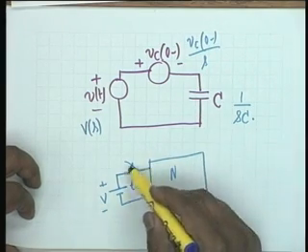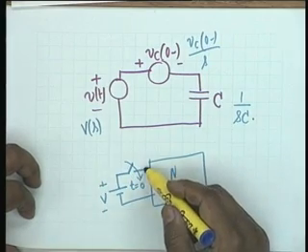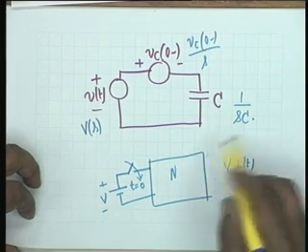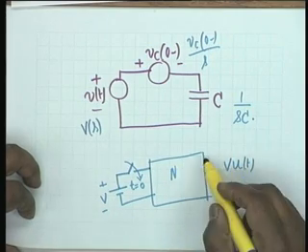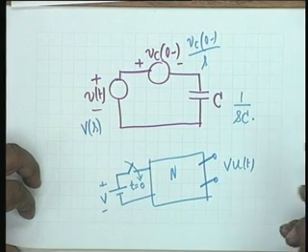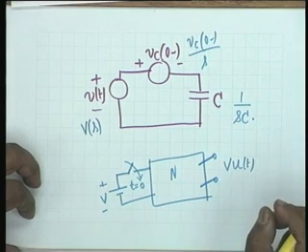The excitation, this switch can be replaced by u of t, and therefore the excitation in effect is V times u of t, and you might be asked to find the response at some port,